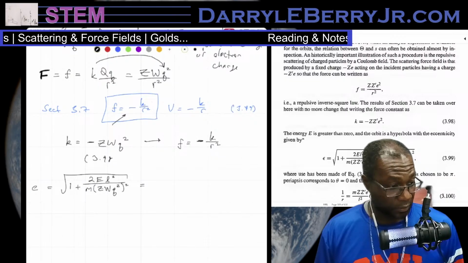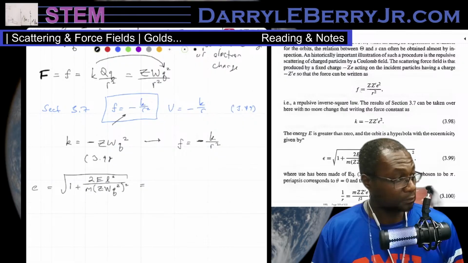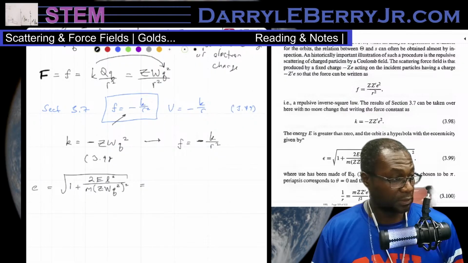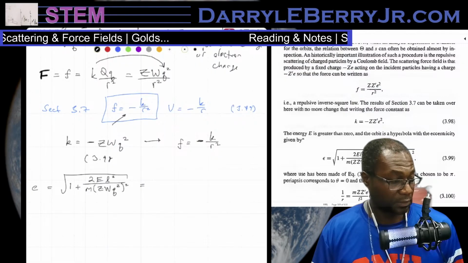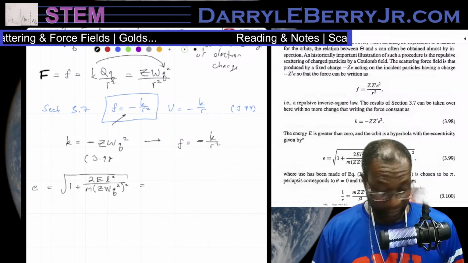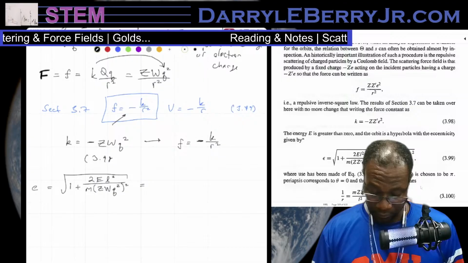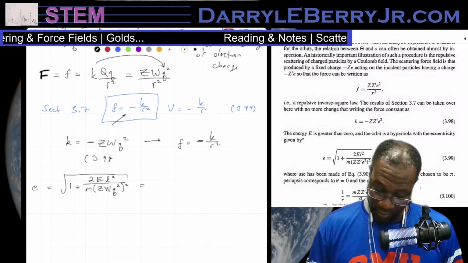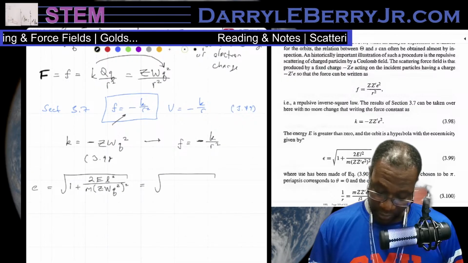So that equals, so since it's squared, you can remove the negative. So we have square root of,